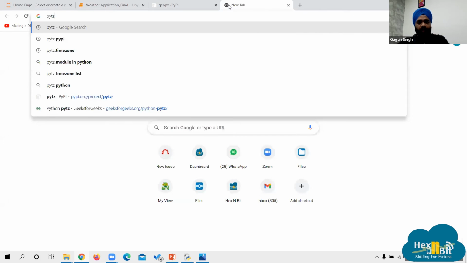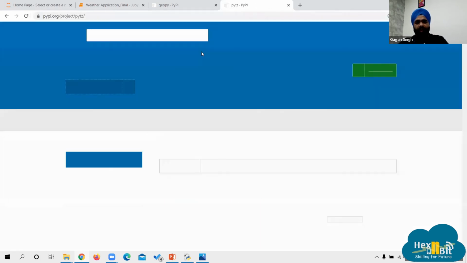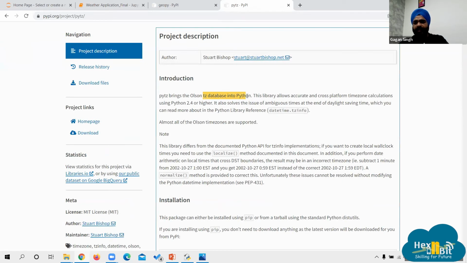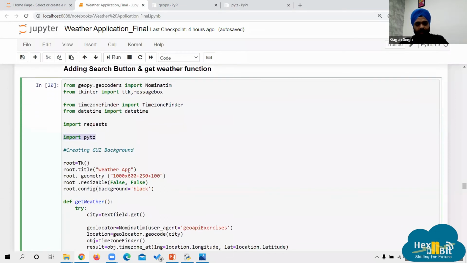You can read about all these from the official documentations of it, PyTZ. This is used for the database time conversion of it. Right, one can simply use it in order to get the timings and all, and time conversions regarding that. So these are the prerequisite that you need.